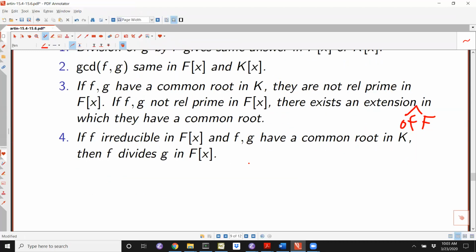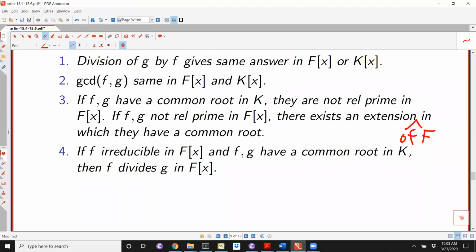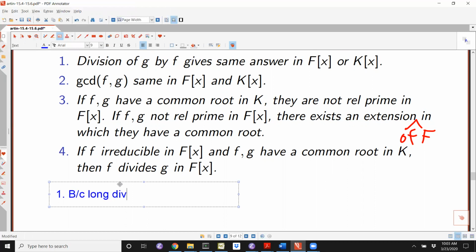I might as well step through this. Why not? So let me talk about the proofs of these just real quick. Let me just sketch these proofs. So one is true because, for example, because long division, if you actually sit there and do the long division of g by f,